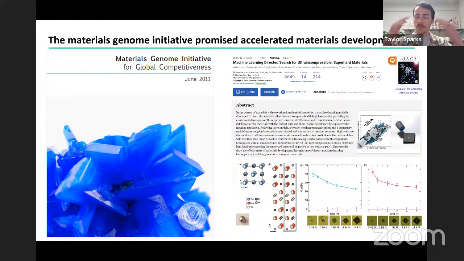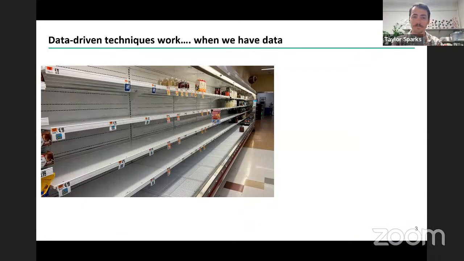We could then screen through those, look for the most attractive candidates, and actually make them in the lab. And in about 6 months, we were able to go from not knowing anything about hardness to finding two materials that were in the top 10 of super hard materials ever discovered, which is wild. And it really proves the point that this data-driven process can accelerate materials twice as fast at a fraction of the cost. But, and there's a big caveat here, it only works because we had materials data.